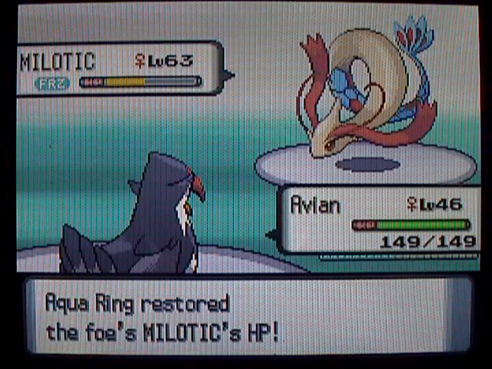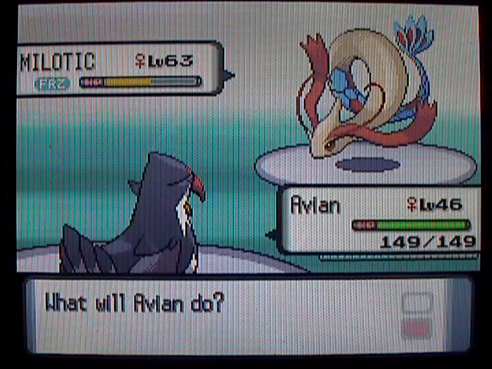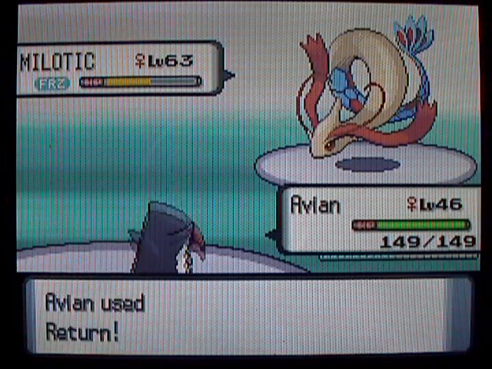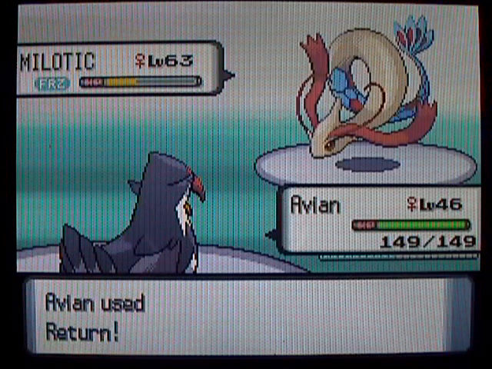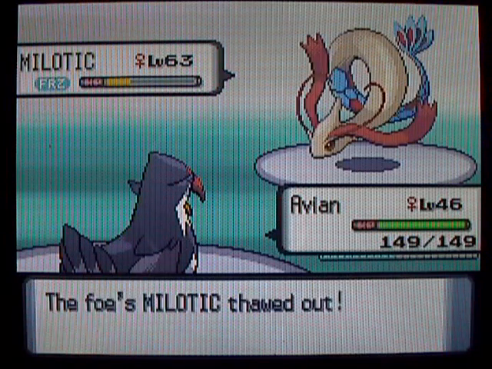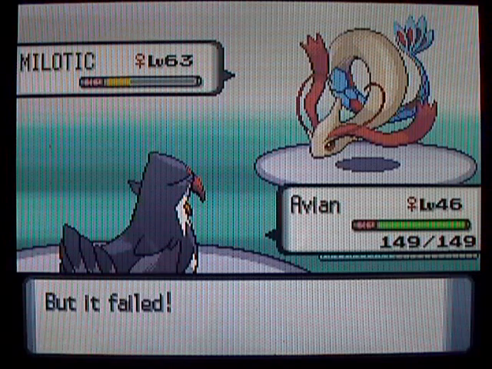One thing you should also know is that Milotic has a special ability so that if you use a move like Thunder Wave or if you burn it, its defense will get a boost. So keep that in mind if you're planning on paralyzing it or whatever, because that could come back to haunt you. Now, it finally thawed out, and it used Mirror Coat, which is really lucky,